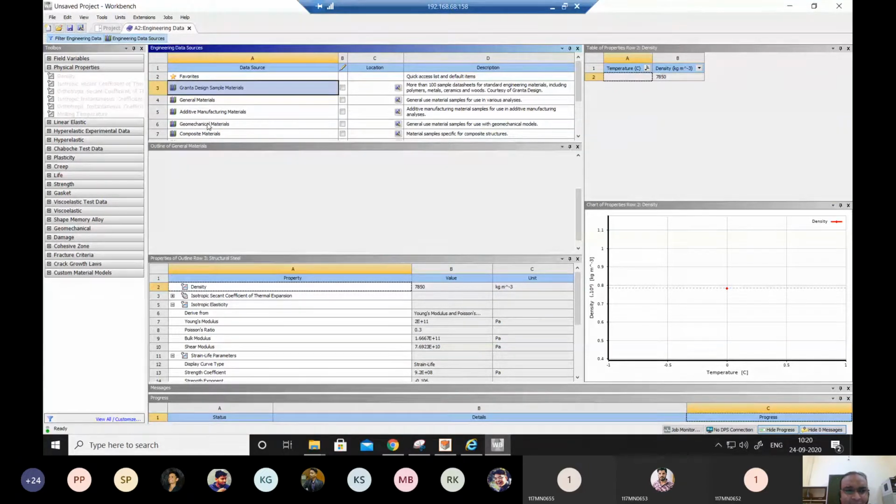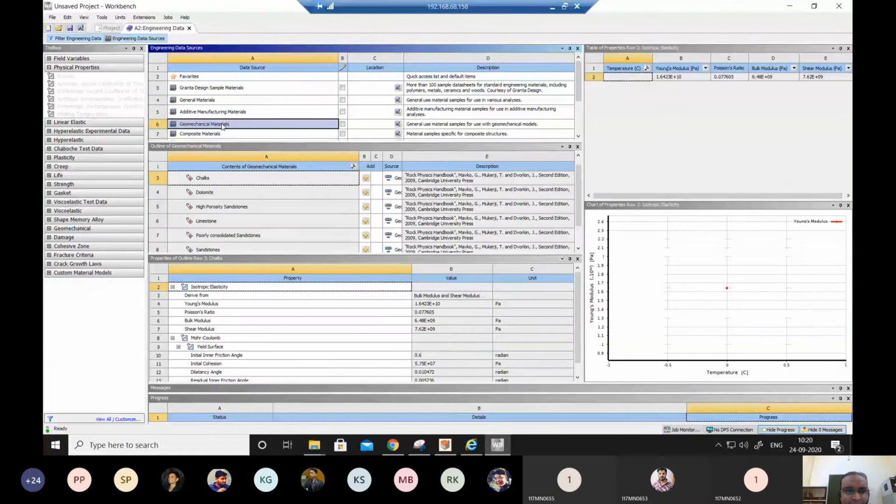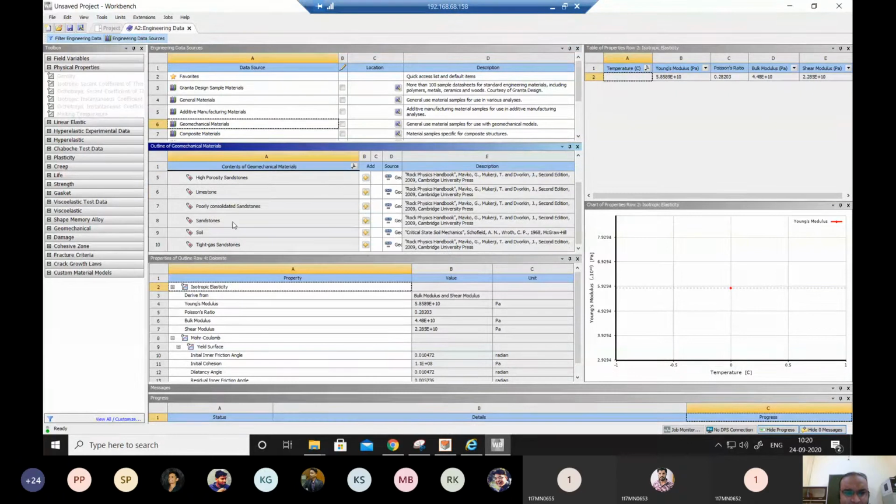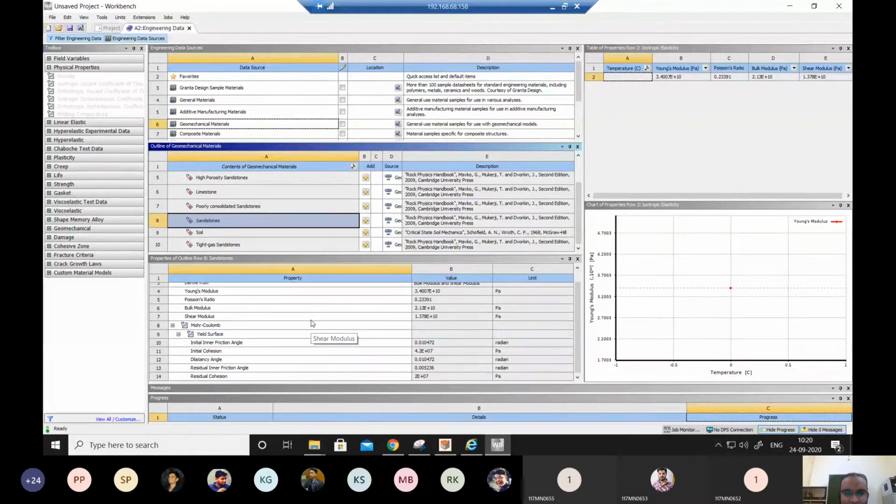Like for example, let's say we want to introduce some dolomite material, or we want to introduce sandstones. All the properties of sandstone are already fed in general sandstones.